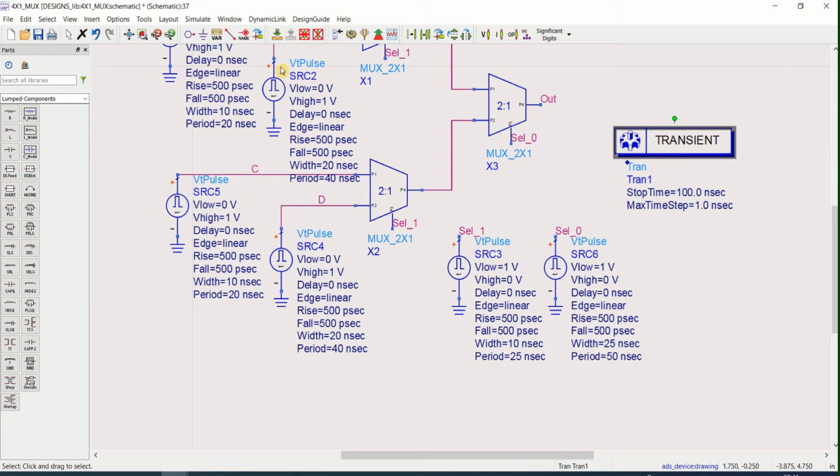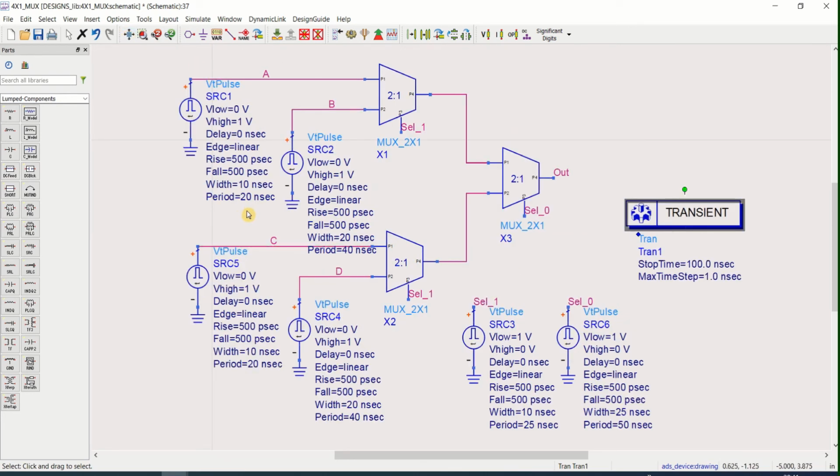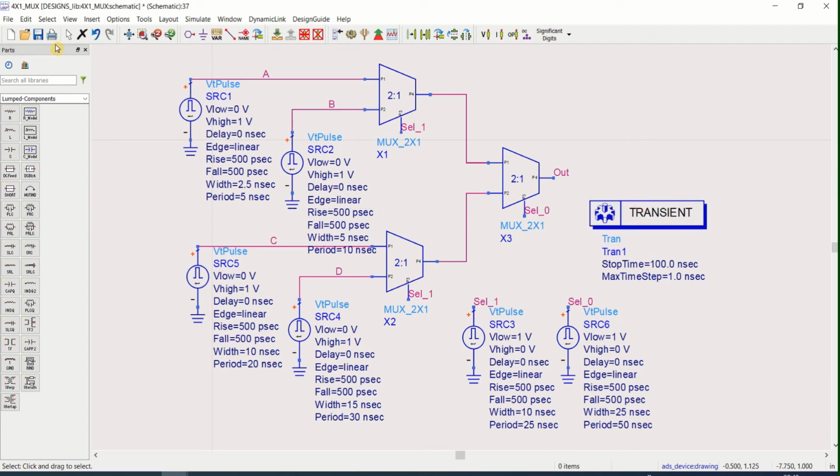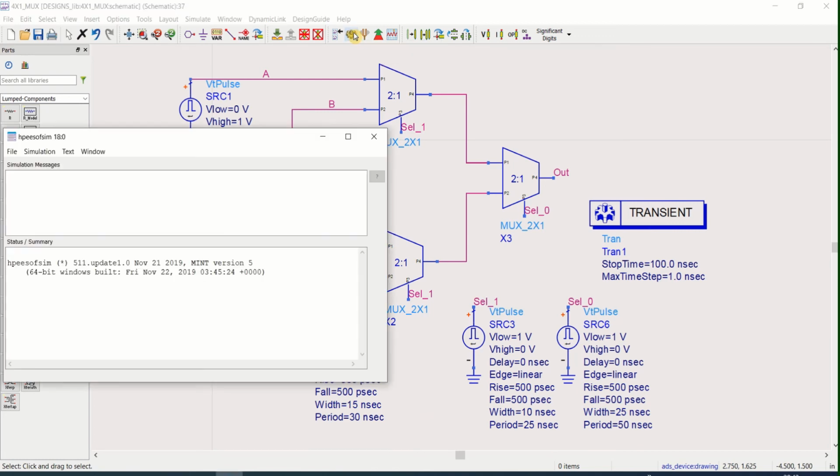Since there are many signals here, 4 signals, I want to go with different widths, 2.5 nanoseconds, and total period is 5 nanosecond, and this one too with 5, and this is with 10, 10, 20 and 15 and this with the 30. So the design is completed. 4:1 multiplexer.